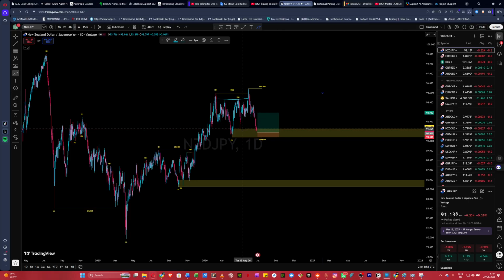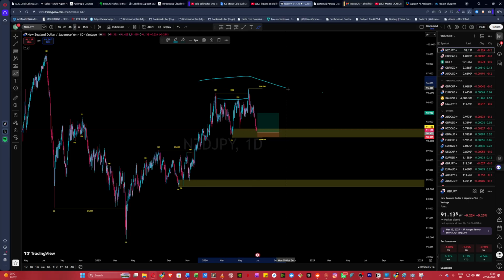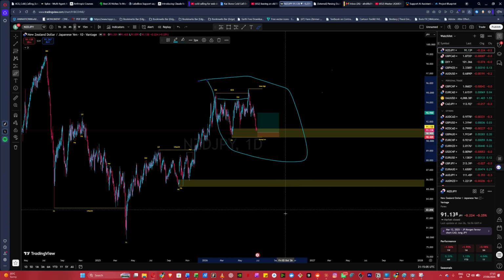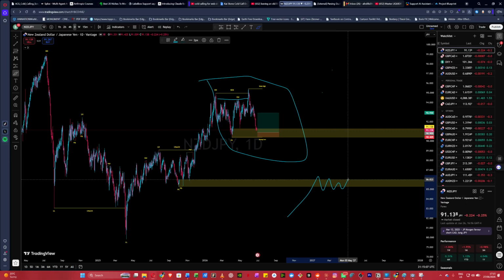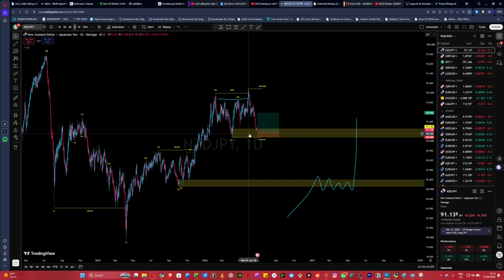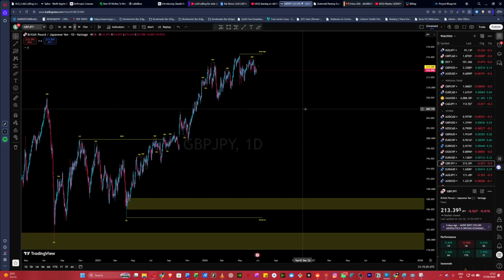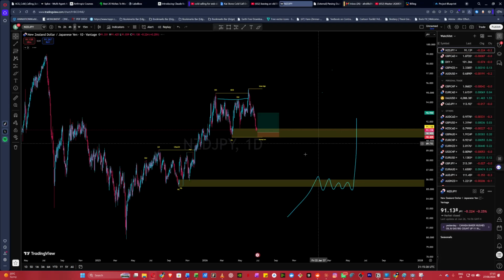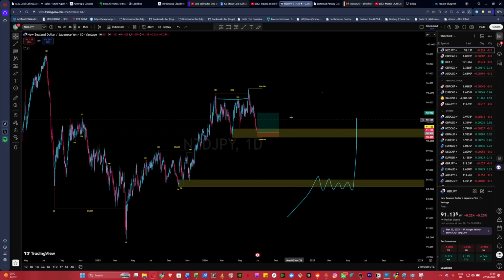And as you can see, this one is the bounce I'm expecting. This is correlation. So this is distribution, and this is accumulation, not distribution, whatever. What we have here is something like this, and I'm just about to trade the bounce. I trade the reaction from this area, but because it doesn't correlate with other pairs, I might have to wait for confirmation. So I'm just going to keep this on my radar and watch it.